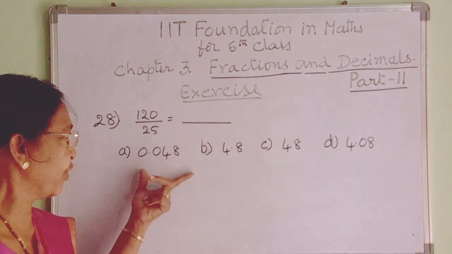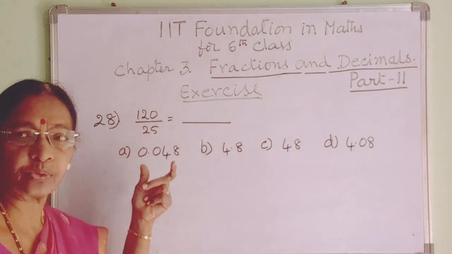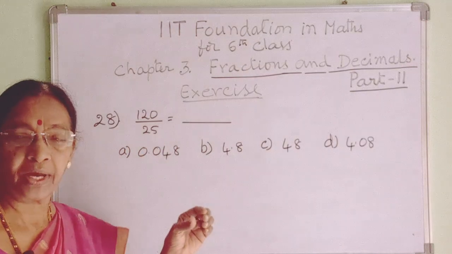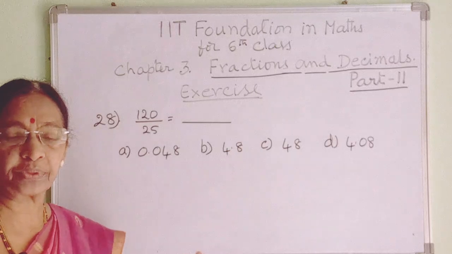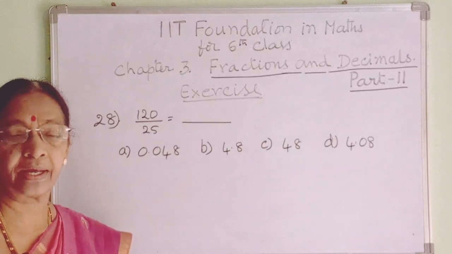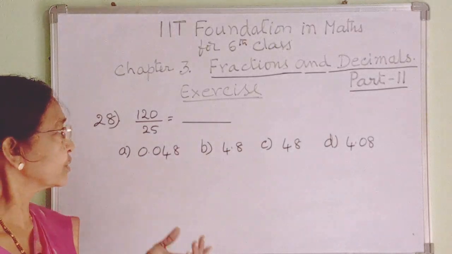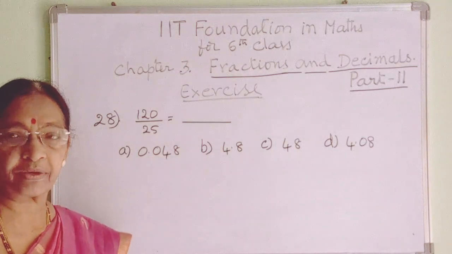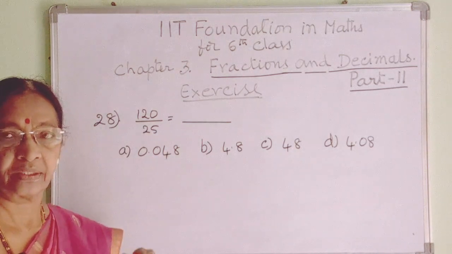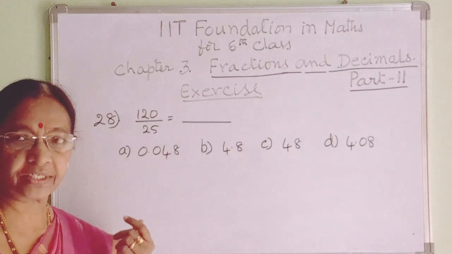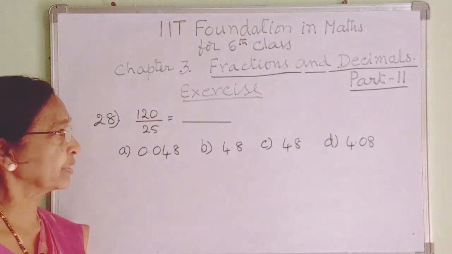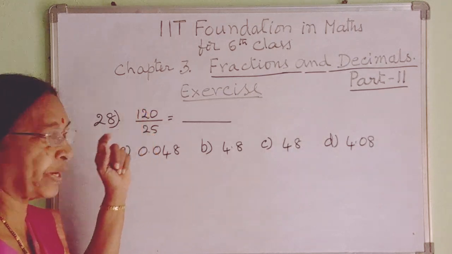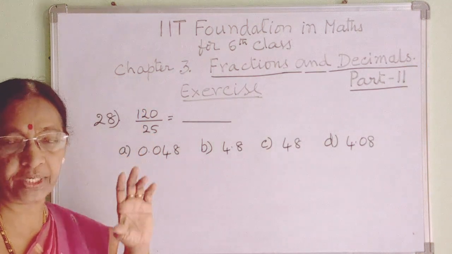decimal form. So if you want to convert a fraction into a decimal form, we have to convert the denominator into a multiple of 10, 10, 100, 1000, like that. So here it is 25. Therefore, if we multiply it by 4, we get 100. Then we can easily convert the fraction into a decimal number. So if you want to multiply it by 4, we have to multiply the numerator also by 4 so that